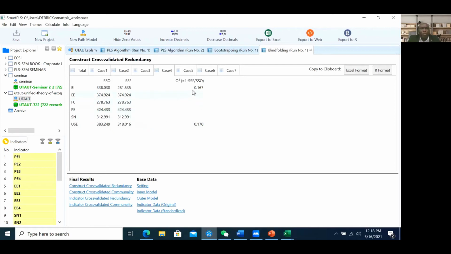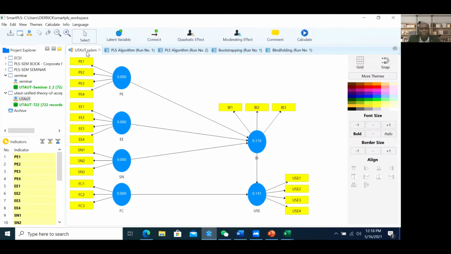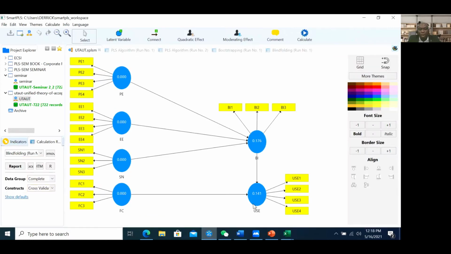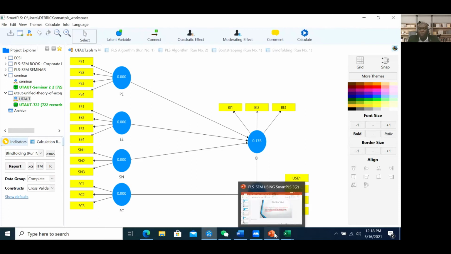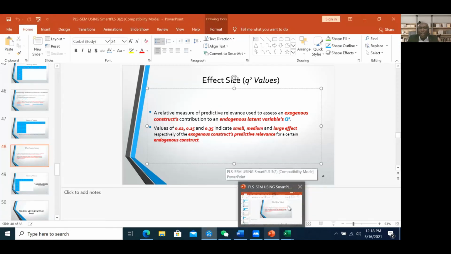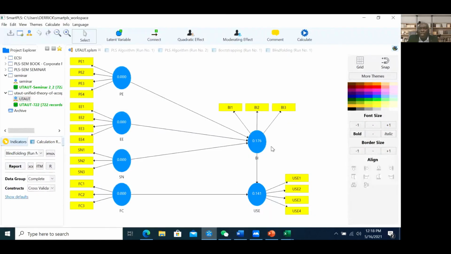Good. So what it means is that if you see from this diagram, use is our dependent variable and behavioral intention is our independent variable, in this particular structure. Okay, good. So now we're going to see the effects this BI has on the Q squared